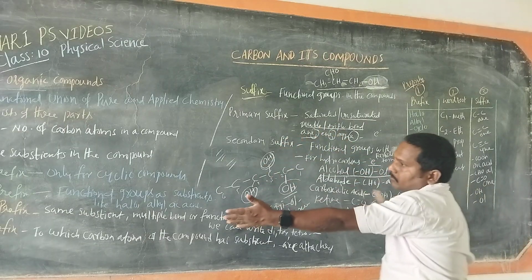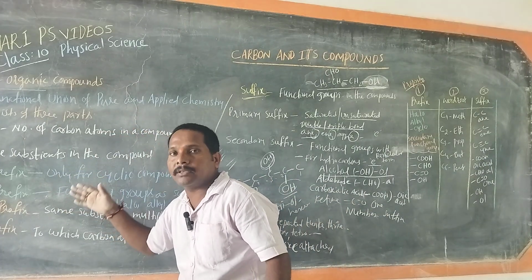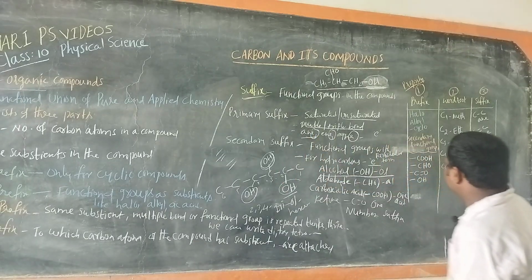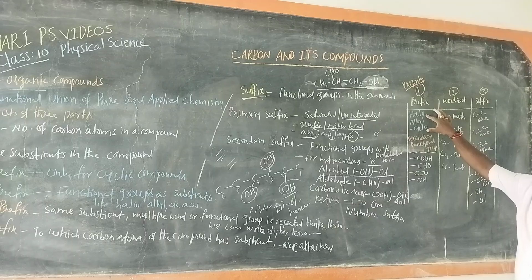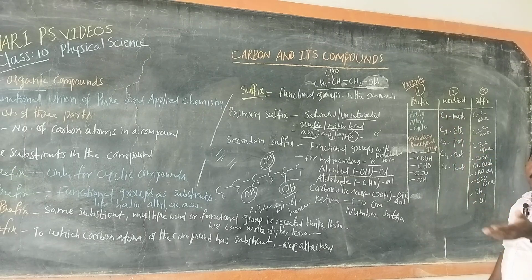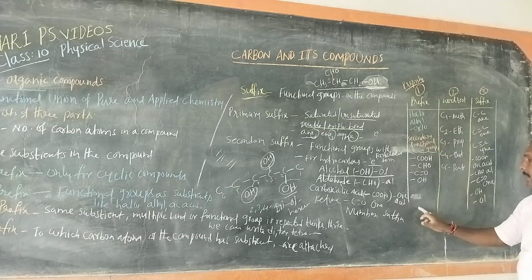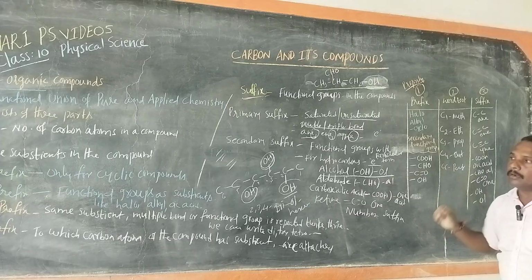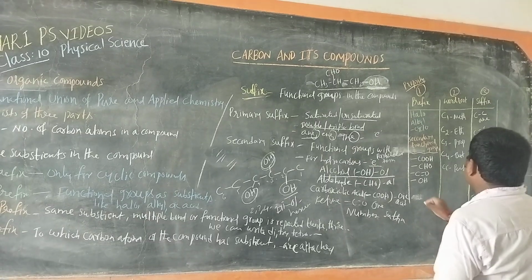Prefixes means the primary prefix, secondary prefix, numerical prefix, number prefix. If the compound has halo elements like fluorine, chlorine, bromine, iodine, or alkyl groups like CH3, C2H5, C3H7, or cyclo: if it is a cyclic compound, you can write cyclo. For example,